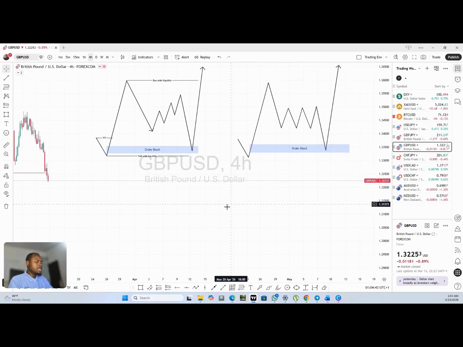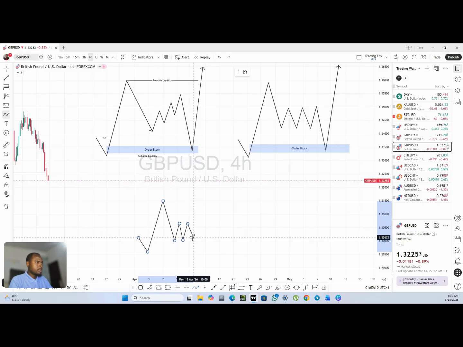But in this inducement case, the market will do something like this, the market will come back. You are waiting for the market here, the market will come back and do something like this, trying to create liquidity here, something like this. Then the market will break structure,